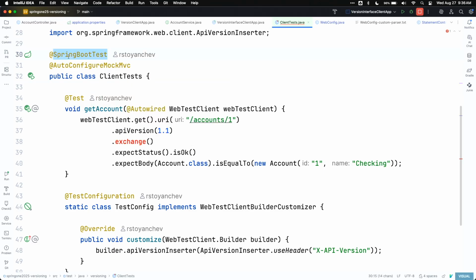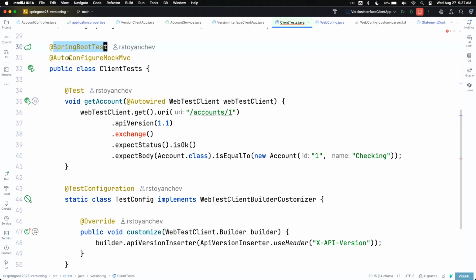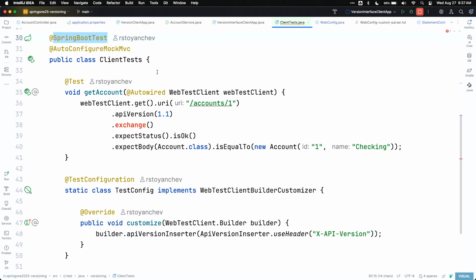So this is a full-on Spring Boot test, right? If you don't know, this is a full integration test. We bring up a web server, we make a real HTTP request. So this is testing both sides, client side, server side. But this is using web test client. So he wanted to show that it mirrors REST client and web client, right? The API is very, very familiar, but it has those assertions at the end, which are just so chef's